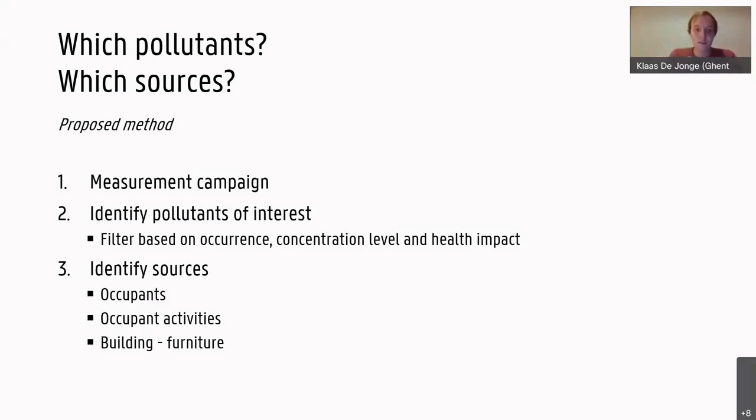Based on the measurement, you need to identify the pollutants of interest. So you're going to find a whole bunch, of course, but you need to filter out which ones are important. And we basically did it in 3 levels. So you looked at what occurred a lot, what are the concentration levels, but also what is the health impact at that concentration level. So you could find a pollutant with a very high concentration, but if it's not harmful in any way at that concentration, it doesn't really make sense to put in all the effort of modeling it and implementing it, or even analyzing it